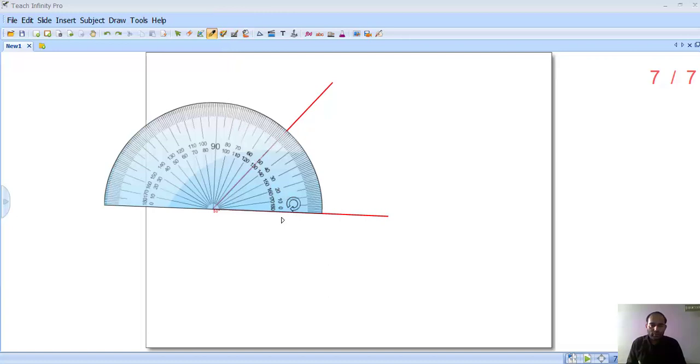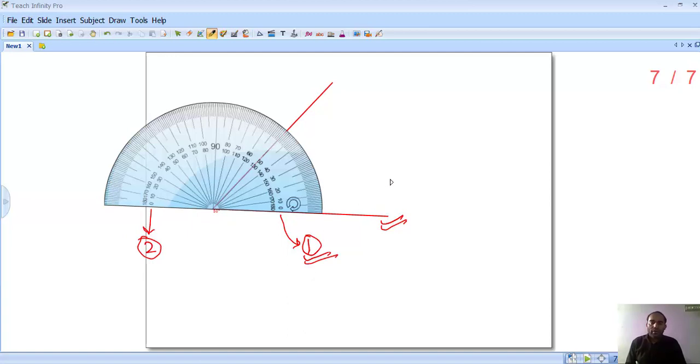Now which one is going to be the third step? Third step will be, you have to decide whether I am going to use this zero line or this line. There are two lines here, so you have to learn which zero I am going to use, the outer line or inner line. I am going to use 0 1 or 0 2. Now listen to me very carefully. First of all, you have to see this overlapping line. This overlapping line is at the right hand side. So I am going to use the right hand side 0. Which one is the right hand side 0? 0 1 is the right hand side 0.